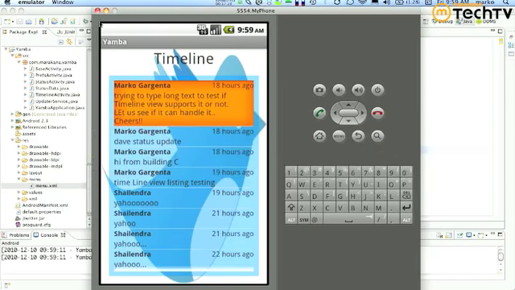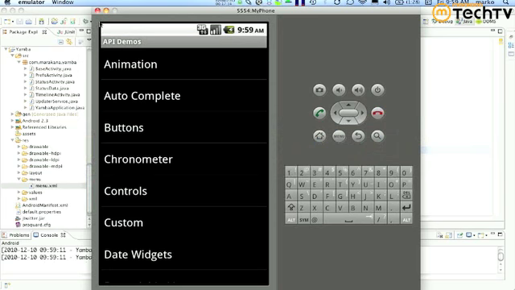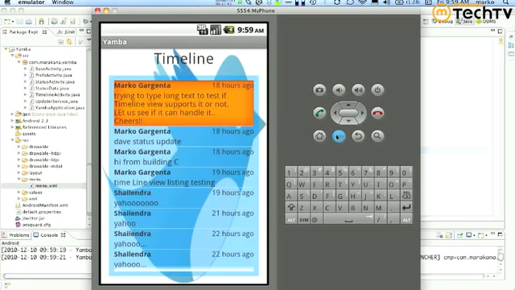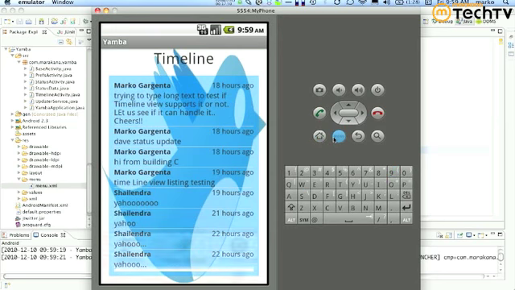Rerun it and see what happens. Menu, bam, status update, perfect. It looks good, right? Except we don't have the handling for that menu,